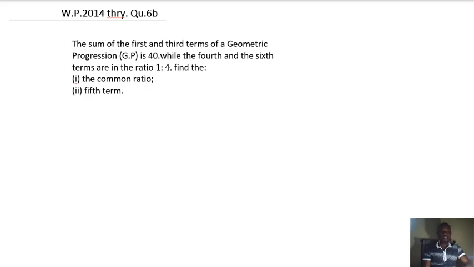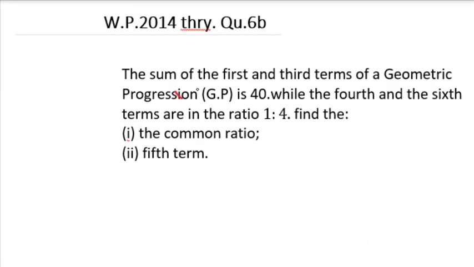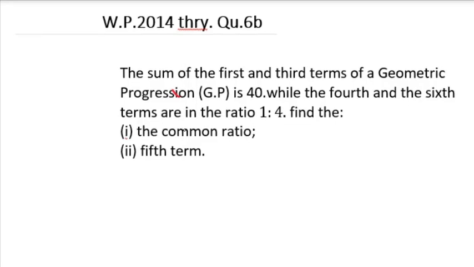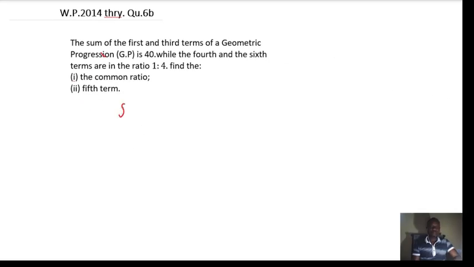Today we are going to do WASSCE Private 2014 theory question number 6b. And this is the question: the sum of the first and the third term of a geometric progression GP is 40, while the fourth and the sixth term are in a ratio of 1:4. Find (i) the common ratio, and (ii) the fifth term. Okay. Solution: